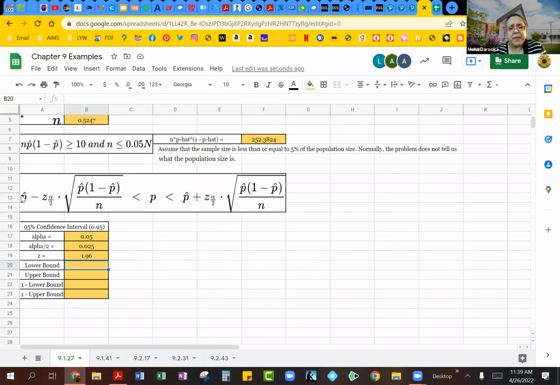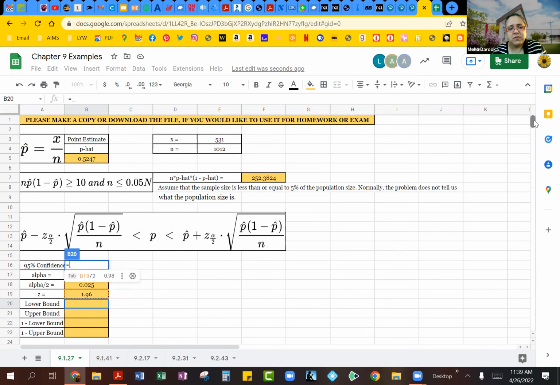So for this, I'm basically going to work on this little formula that you see with the minus sign. So equal to, you are doing p hat, which is going to be this number over here. Let's move this guy just a little bit. So p hat, then we are doing minus z sub alpha 2, which is that 1.96 value we just calculated. And then you're multiplying that with the square root of p hat times 1 minus p hat. Close that. So that's your numerator. And then we're dividing this by n, which is 1012.